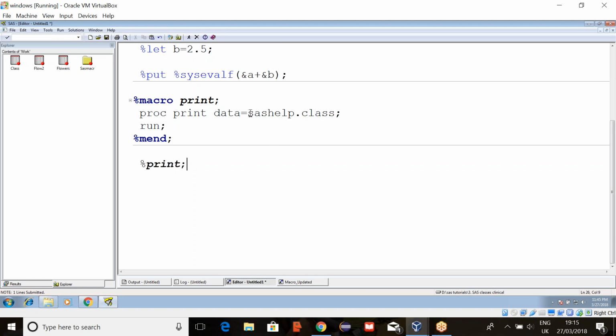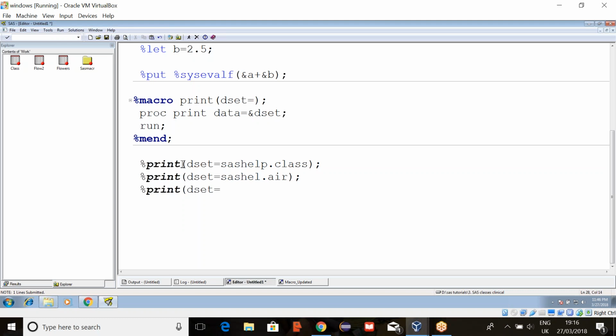What to do for that? So instead of directly giving the macro dataset name, declare a macro variable, some dz. And this macro variable, we have to pass it as a parameter here, dz equals to, and %print. If you want to print sashelp.class, write sashelp.class. And now I want to print another dataset, %print dset equals to sashelp.air, %print